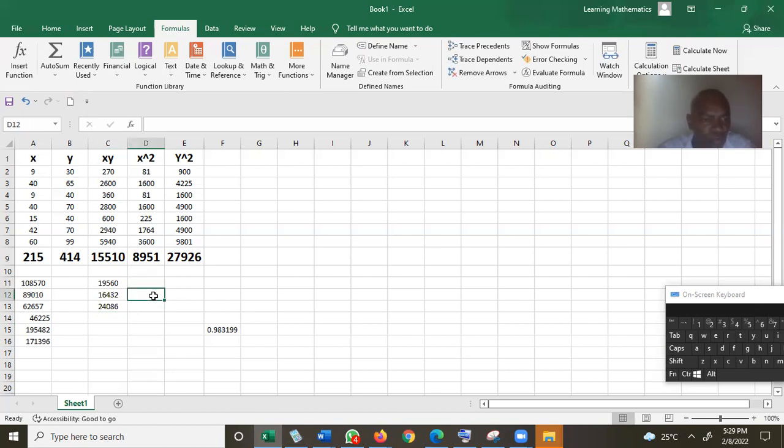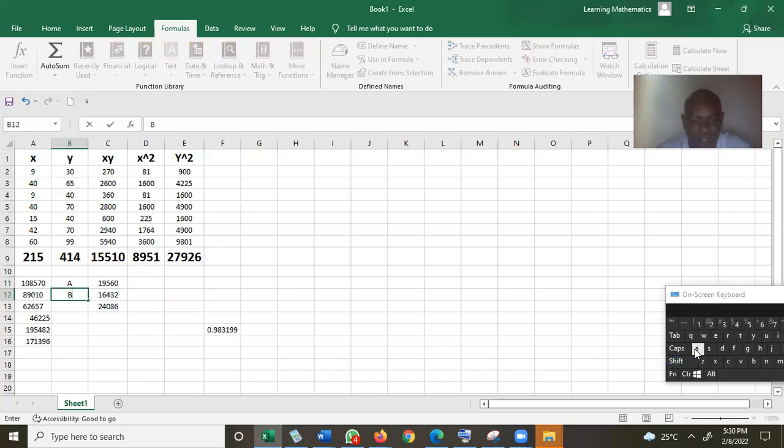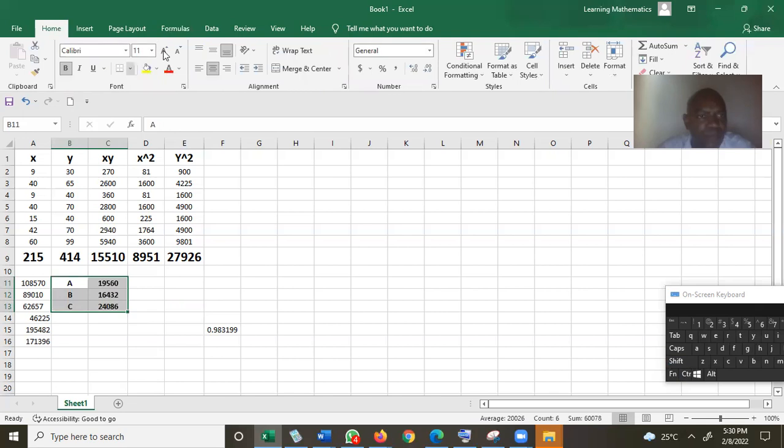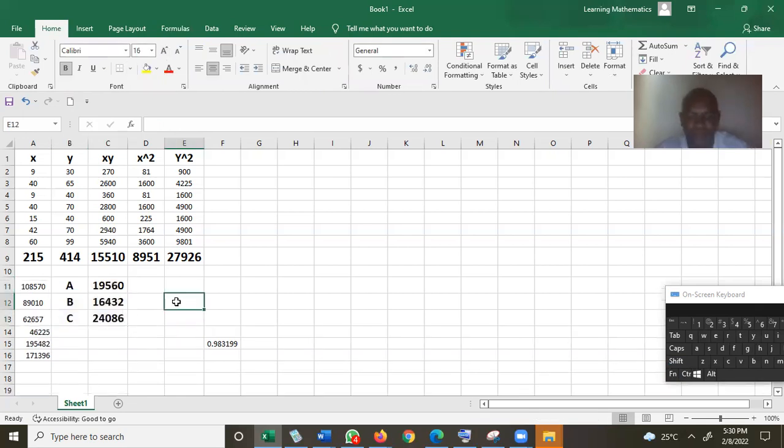Okay, so what I need to do now is multiply. That's the numerator, right? That's A, that's B, and that's C. So what I need to do now is multiply B by C to get the denominator: equals C12 times C13. 3957